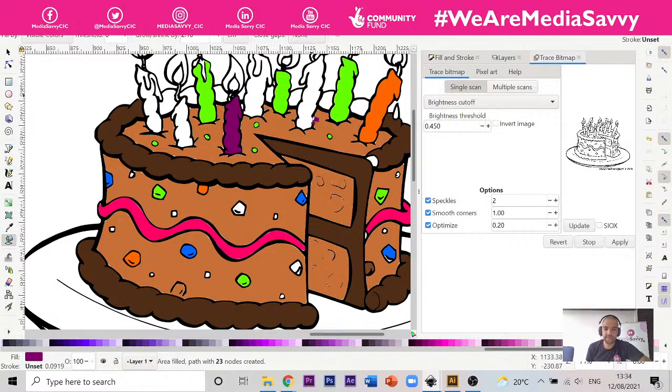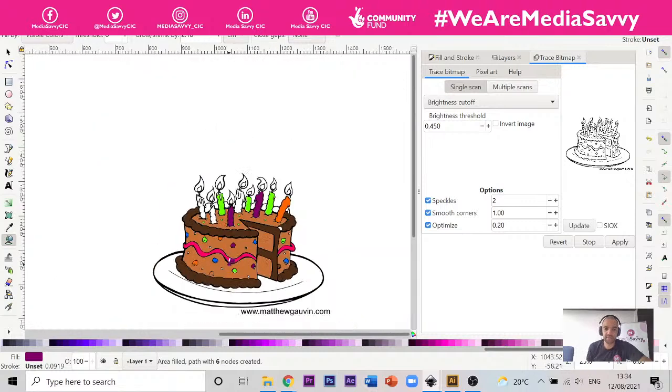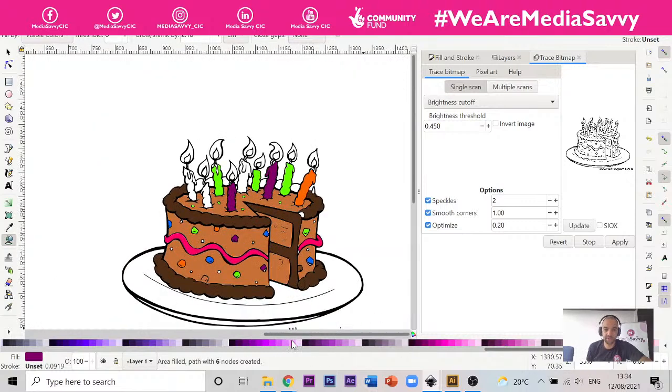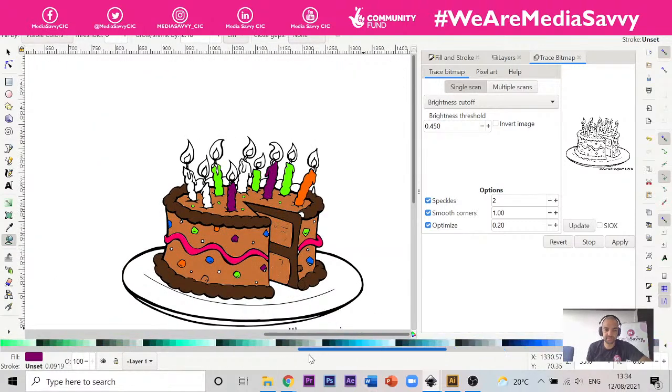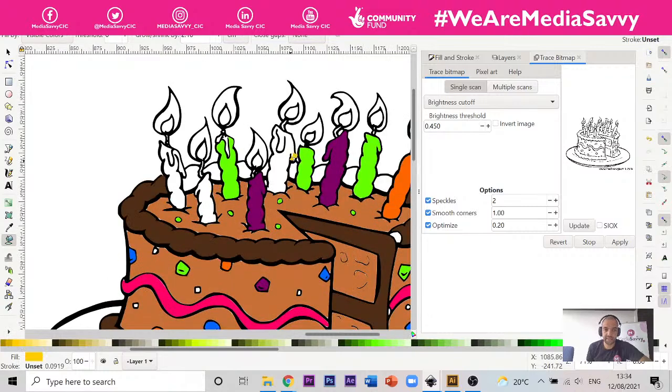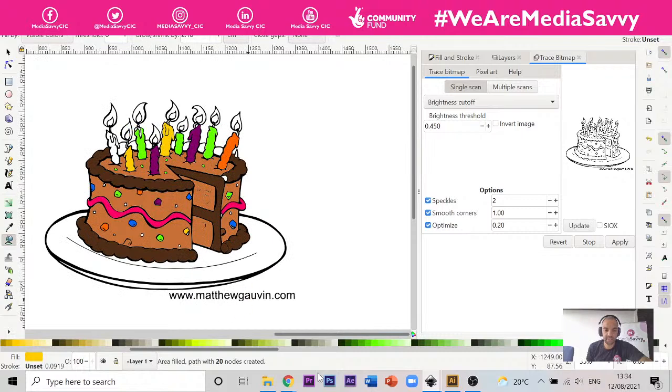And these candles, colour those in. And then I think we're pretty much done, aren't we? Put a few more in there. Yeah, let's use some yellow. I haven't got yellow in here yet. And then I'll use